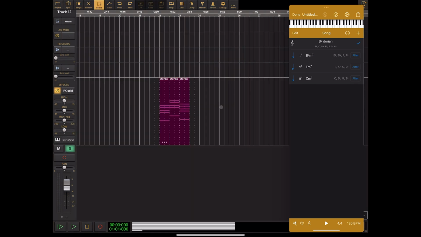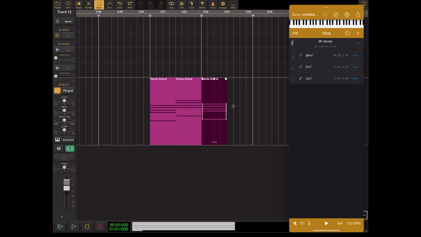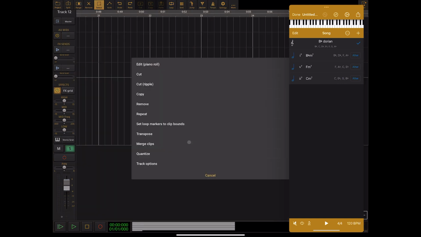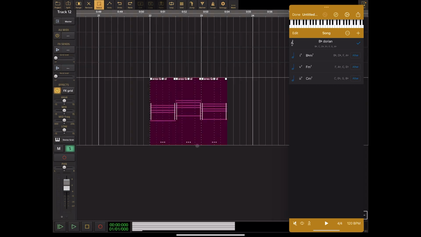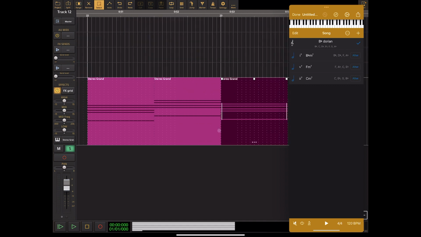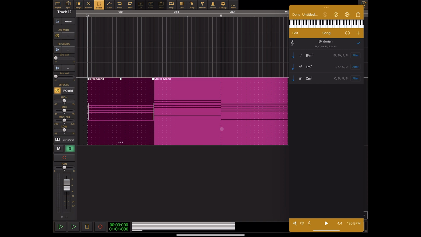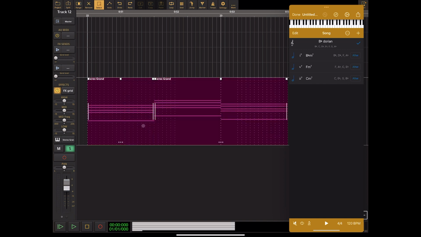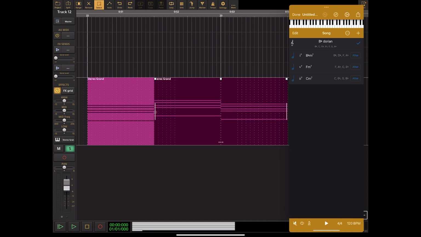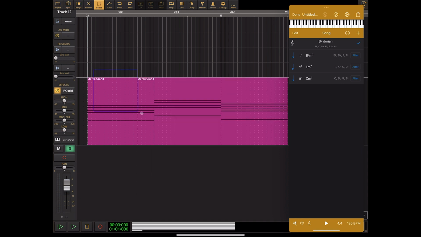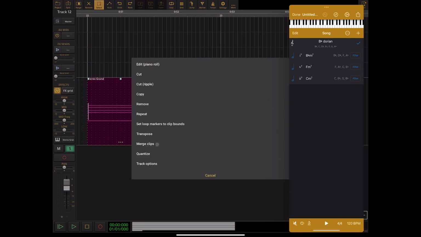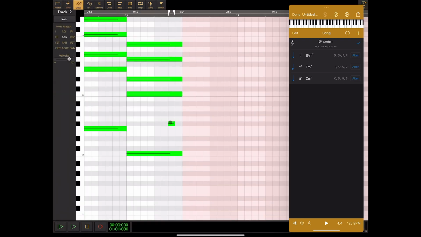I would then select it. And how do I put these all together? That is now the question. Let me see. How do I consolidate these? Merge clips. Oh. Maybe if I overlap them. Okay, so yeah, you have to have them overlapping a little bit, and when you overlap them, that's what will allow you to merge them. So yeah, now it's all